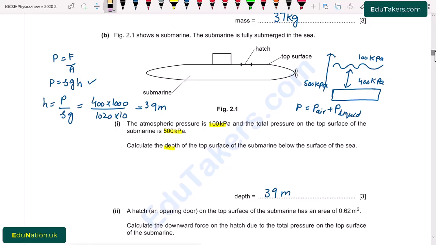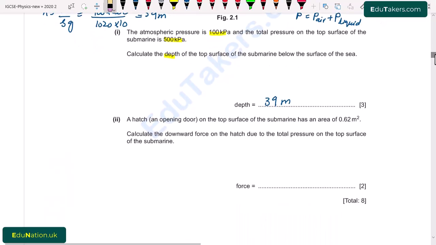Second part. A hatch and operating door on the top surface of submarine has an area of 0.62 meters square. Here area is given. Calculate the downward force on the hatch due to the total pressure on the top surface of submarine. Here we have to calculate the total force that is due to the total pressure on the top surface of submarine. And you can see here that the total pressure on the top surface of submarine is given